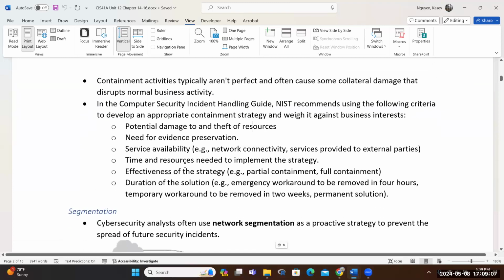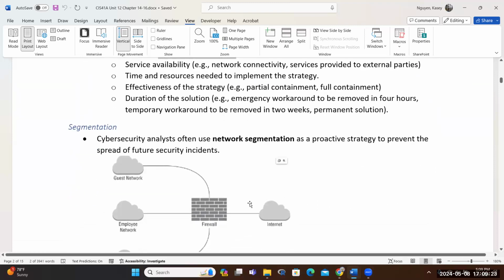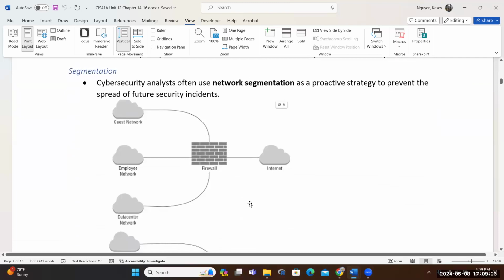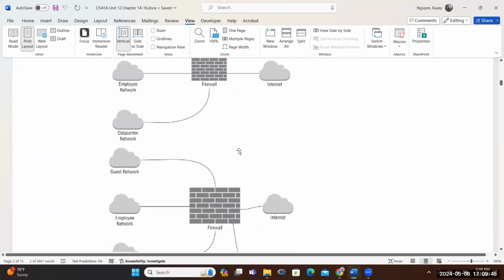So it really addressed some of the things like theft, damage, right? How you can preserve evidence, the timeline, the resources that you need, what information you should include as a workaround or emergency. So here's the segmentation that we talked about, right? You always want to implement the firewall in between your segmented network because it's being routed in. So that could be an internal firewall, or we can also use a border type of firewall.